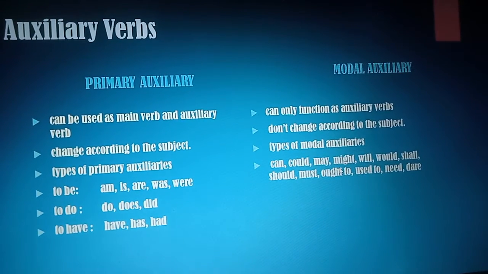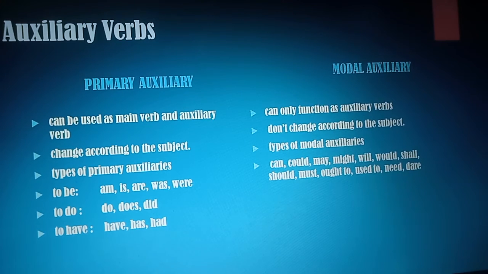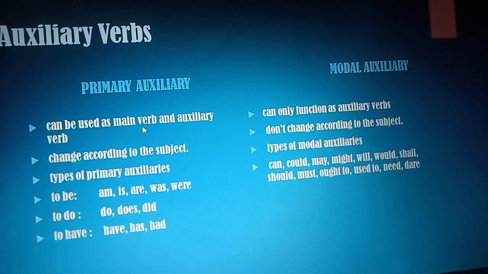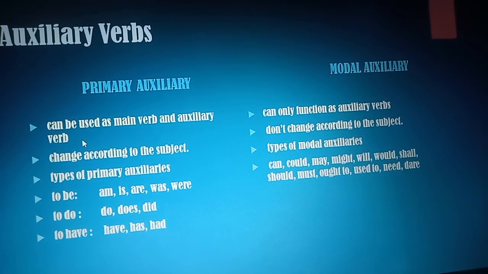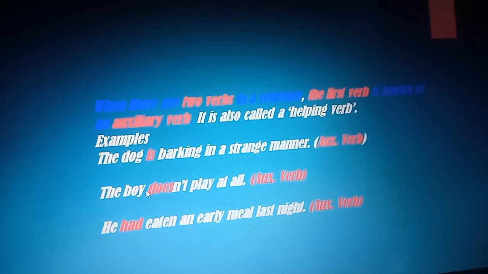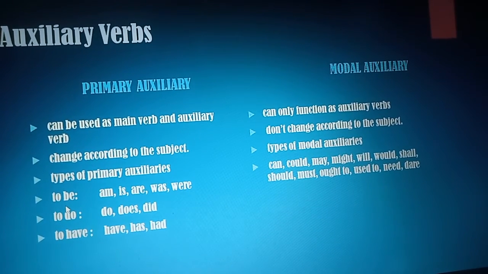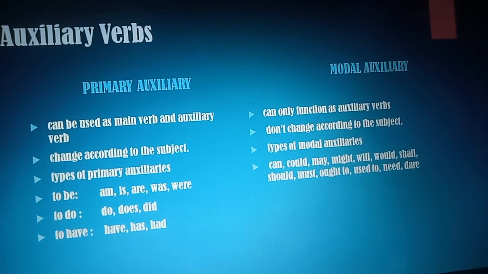Here a clarification is given, differentiating between primary auxiliaries and modal auxiliaries. So what are the differences? See, primary auxiliaries can be used as a main verb and as an auxiliary verb. They change according to the subject. See, the dog is barking and the boy doesn't play. The dog and the boy are different subjects, and according to that, helping verbs or auxiliary verbs are changed. Then types of auxiliary verbs are given here. To be has the primary auxiliary verbs am, is, are, was, were. To do has the primary auxiliary verbs do, does, did, and to have has the primary auxiliary verbs have, has,